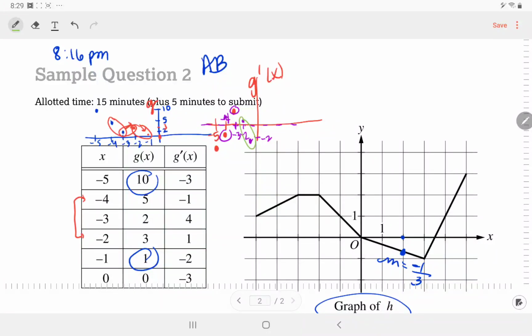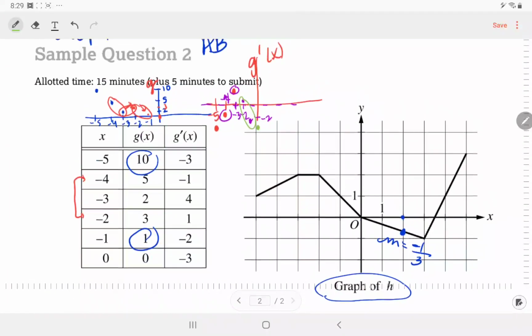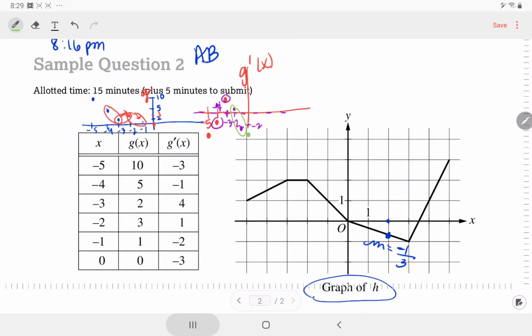One's above, one's below. I like intermediate value theorem for an explanation. And then the next one is down -2. So I'm going to do intermediate value theorem on this one. Instead of the G's, I'm going to describe it with the G primes. So I'm going to say G is continuous, because that's what G prime is continuous. We'll put since G is differentiable, then G prime is continuous on the interval from -4 to -3, and this spot, -2 to -1,